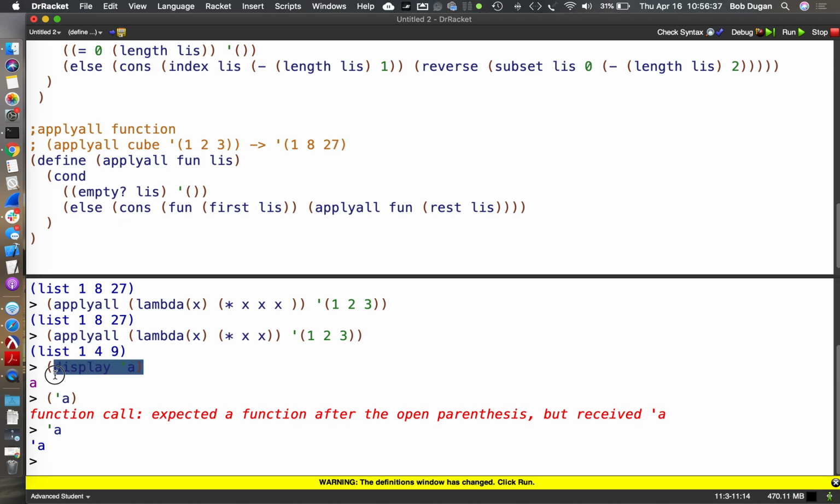What happens when you say display A is you get something called a functional side effect. Display is the function, and its job is to print out a string to the screen. That's what this A is. It's a string. It's just screen text. It is not a value. The value from display A